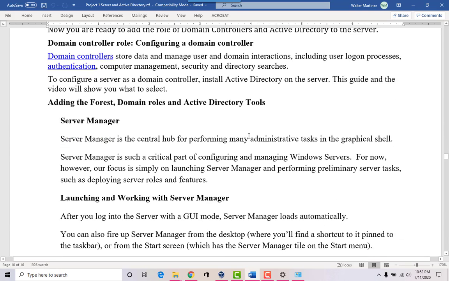Okay, so now we're going to promote the domain controller. So the domain structure in Windows servers starts off with something called a forest. So you have a forest, and then you have a domain or domains in a forest, and then the domains have domain controllers inside there.